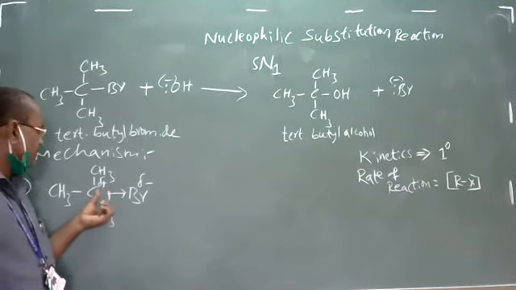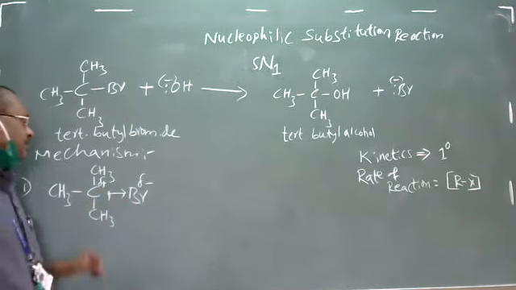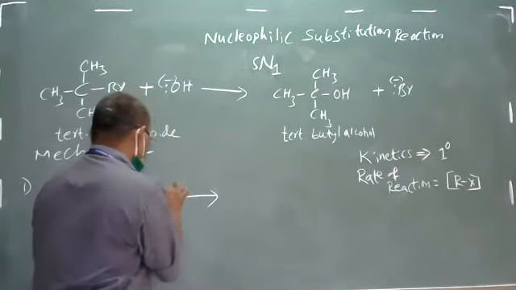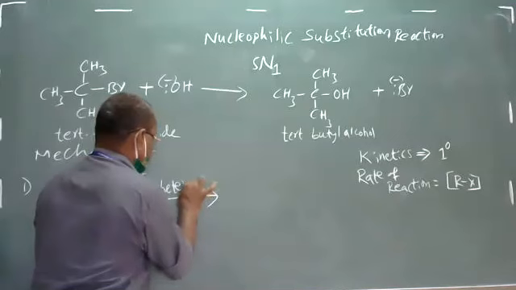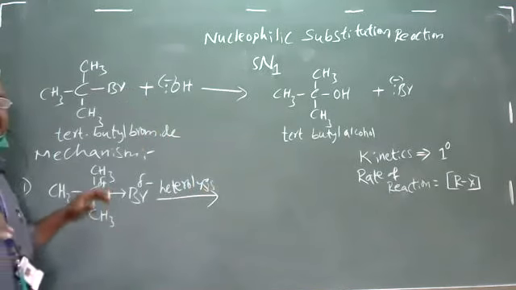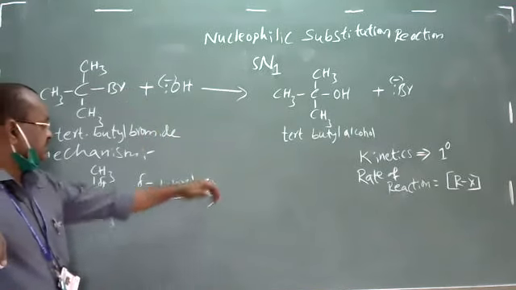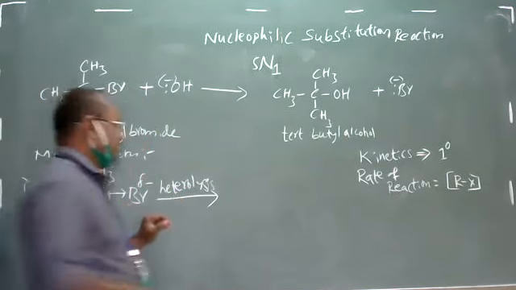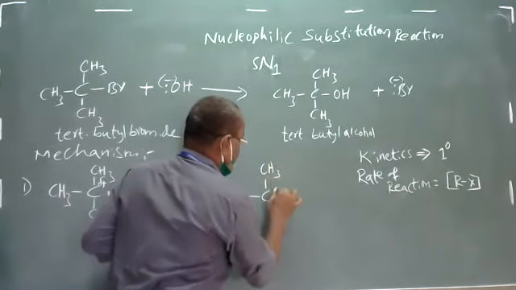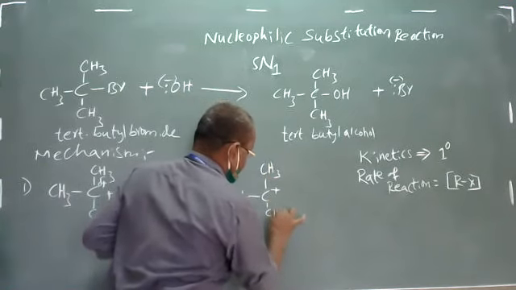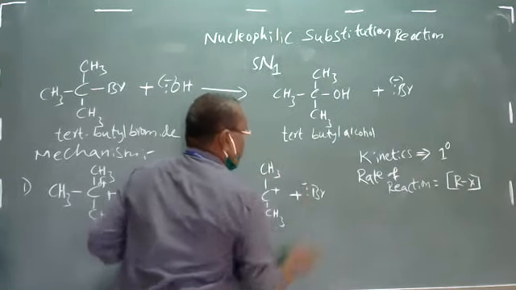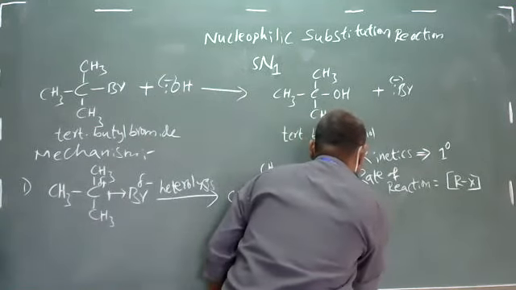That energy is more than enough to break a bond between carbon and bromine, where this particular tertiary butyl bromide undergoes heterolysis. Heterolysis means breaking of a bond, where there is an uneven distribution of bond electrons. This process is known as heterolysis, where it breaks the bond, and thus a carbocation is formed, plus a bromide ion is formed as a byproduct, and this first step is a slow step,